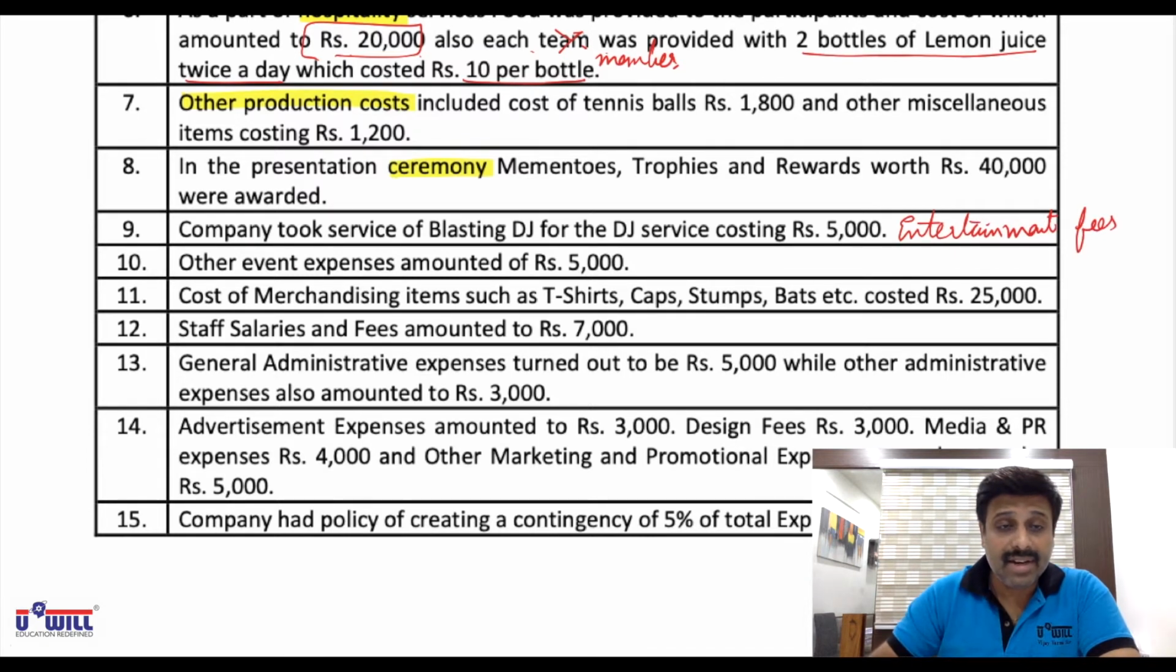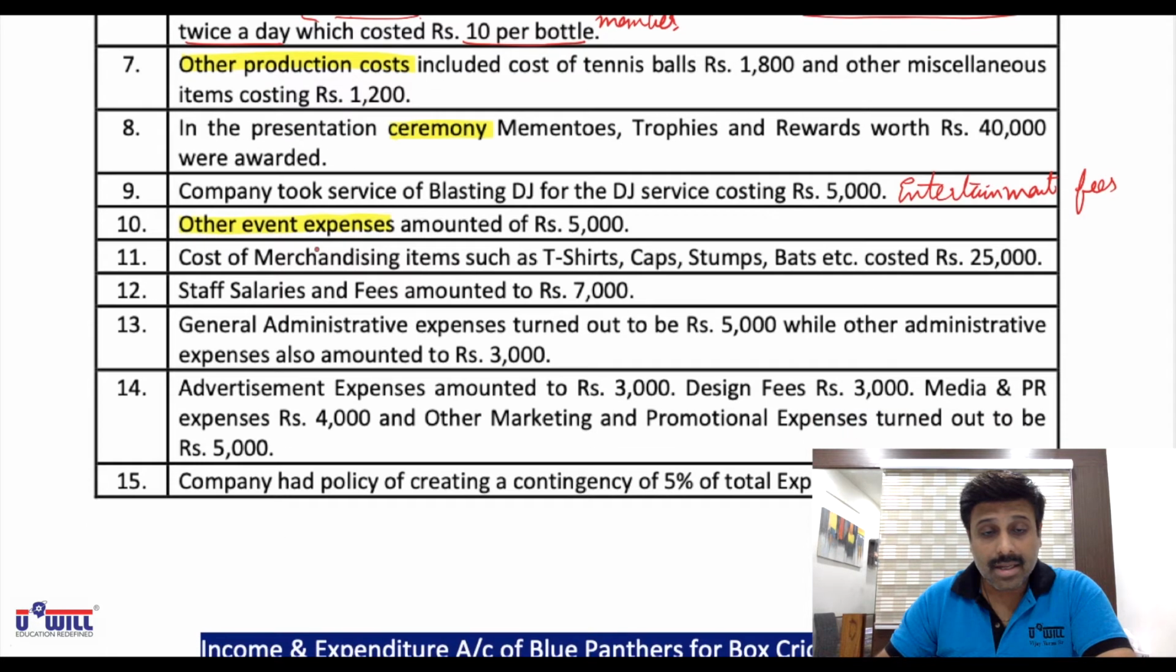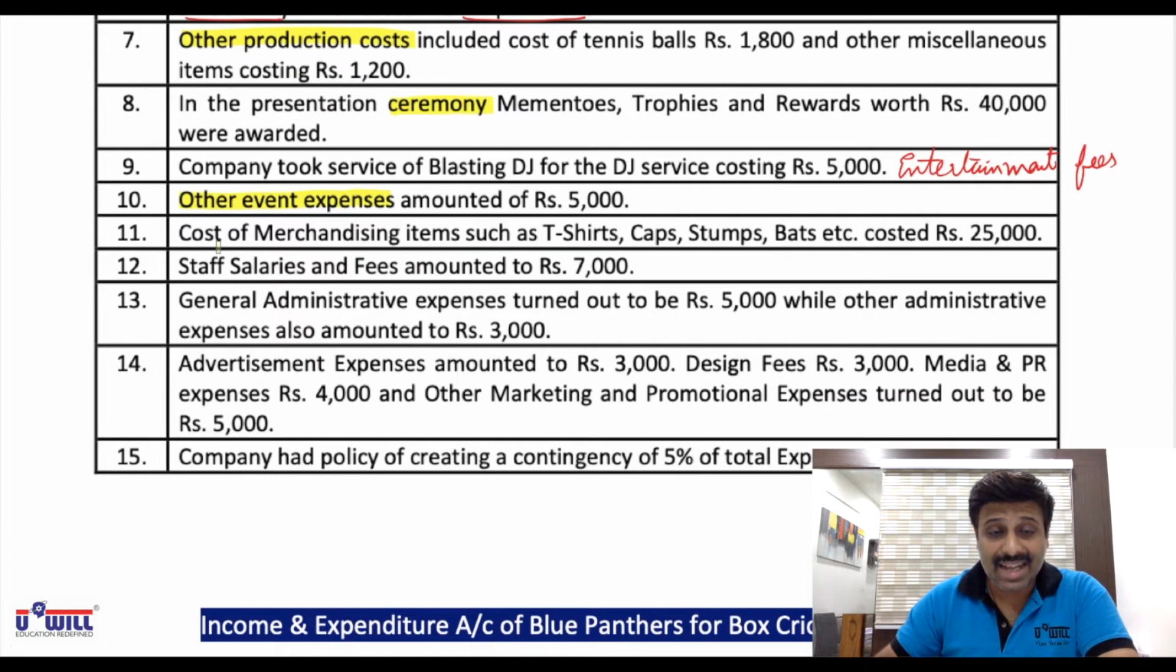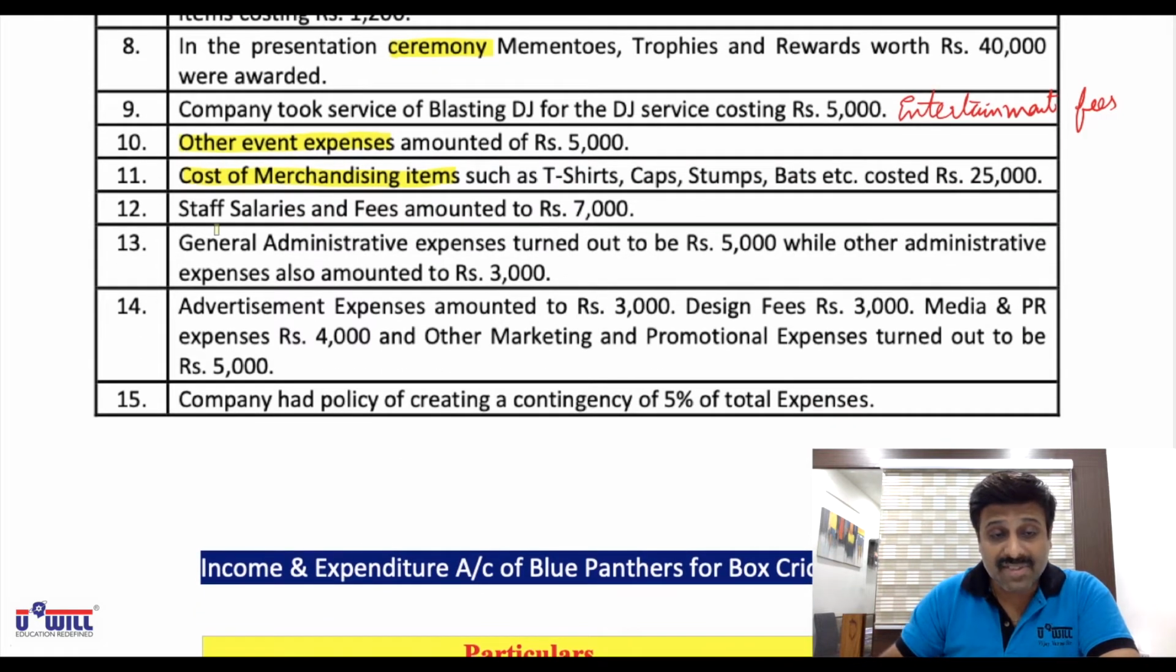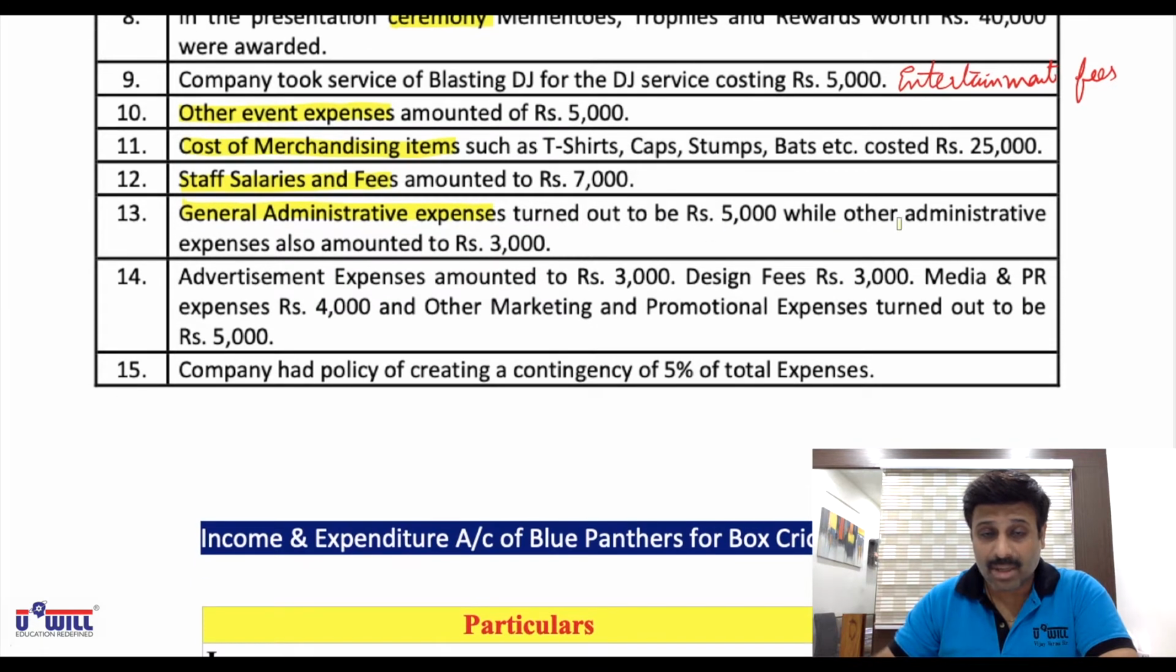Other event expenses amounted to 5,000, so that will come in other event expenses. Cost of merchandising items, such as t-shirts, caps, stumps, bags, etc., costed 25,000. Staff salaries and fees will come in administration cost in staff salaries. Then general administration expenses will come in general administration, turned out to be 5,000, while other administrative expenses will come in